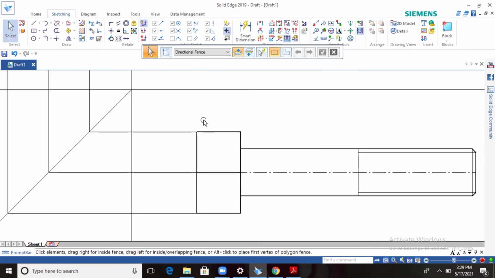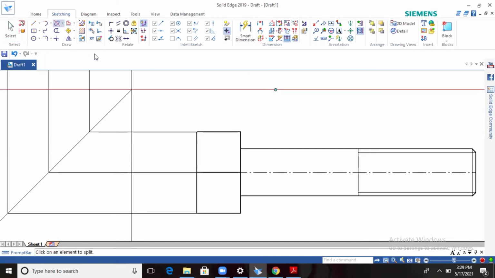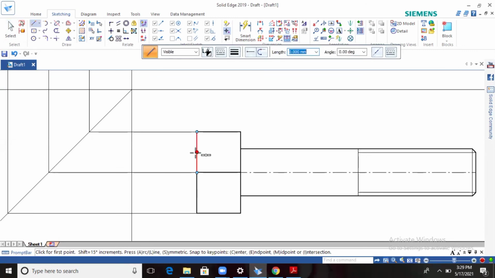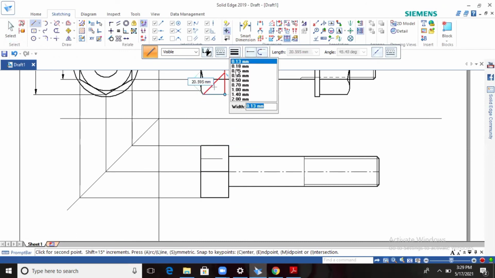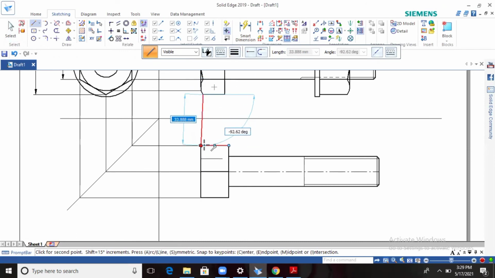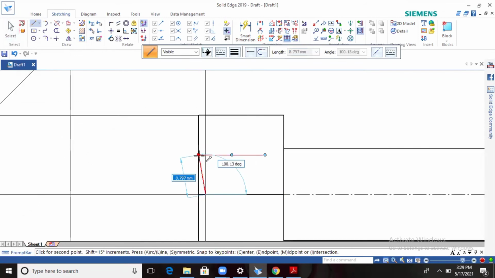Right, so now you have to go for the chamfer cut here also, here also chamfer cut. Okay, so directly from the center you have to draw the vertical line, split this line up to here. Then from the midpoint I'm drawing the horizontal line. Okay, but here you have to go for the 30-degree angle. So directly I can project it here, so no need to take two times. Directly you can project this over. Next you have to go from the end point to the midpoint, from the midpoint to the vertical.